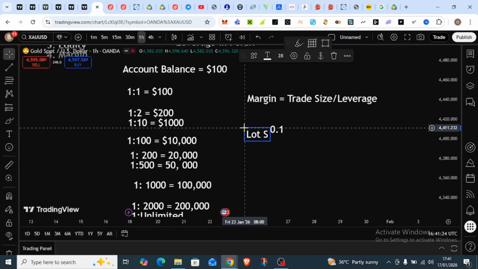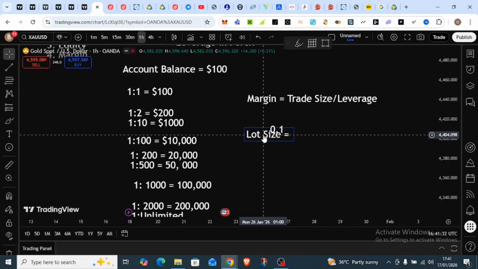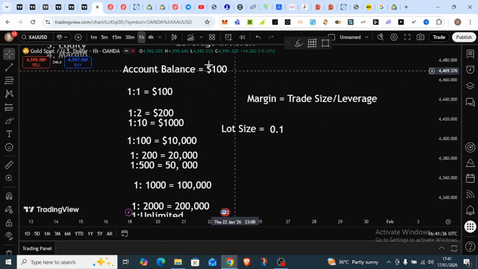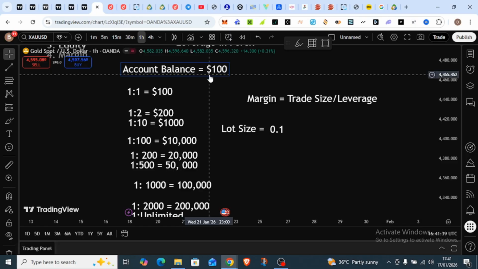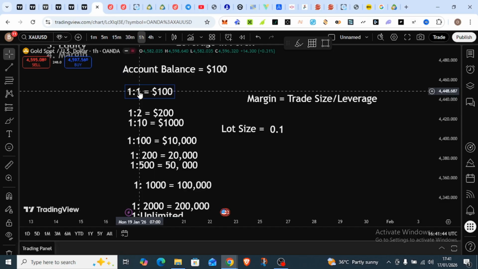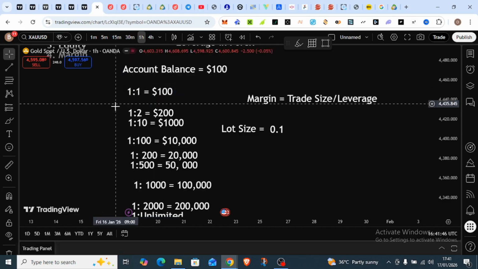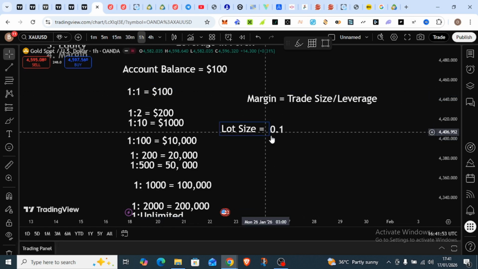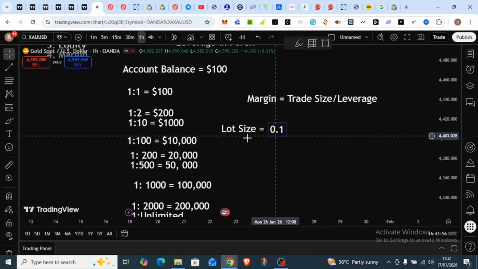Lot size equal to 0.1, and we have a trading account of $100. If we use this leverage 1:1, you see that we will not be able to place this trade because a lot size of 0.1